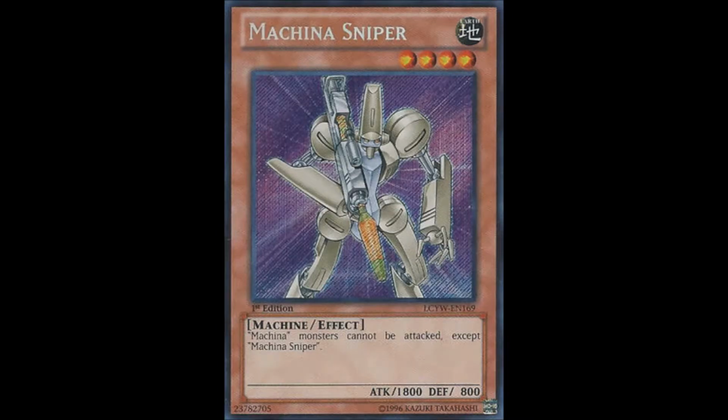First off, we have the aforementioned Machina Sniper, which prevents any other Machina monsters from being attacked except Machina Sniper. Sadly, this isn't a Solar Flare Dragon for the archetype, since it doesn't say except itself, instead it says Machina Sniper, which means if you have another Machina Sniper out on the field, your opponent can choose which one to attack. So yeah. However, there is a certain utility regarding this card, but first let's take a look at